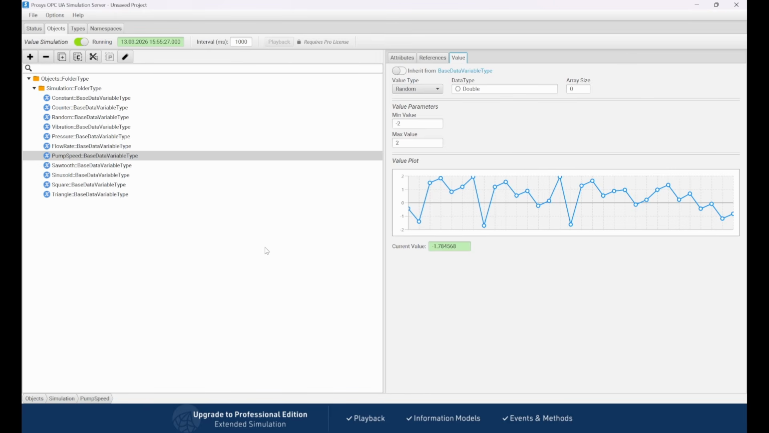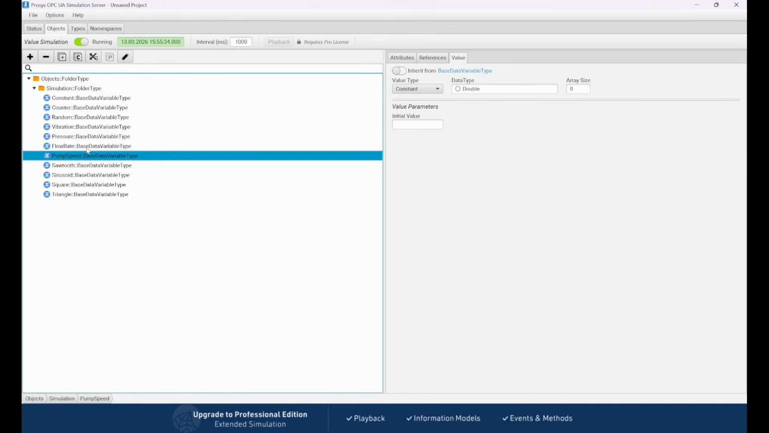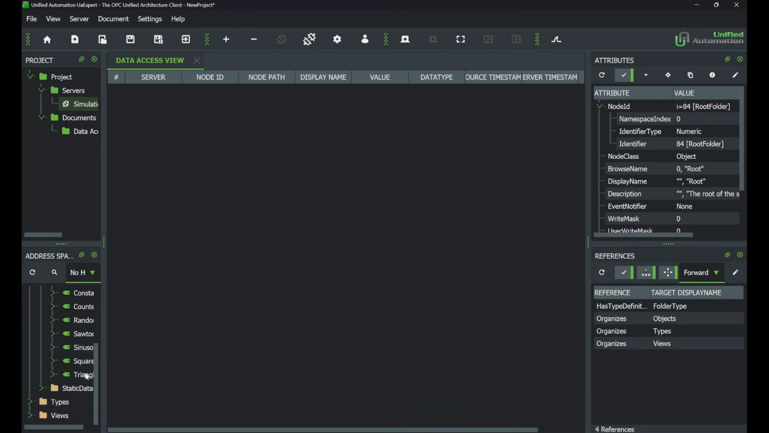And only for the pump speed I'll try to keep it constant, and the remaining have all been defined and created, and the initial value I can keep as 0. Now we can see this is completely running, and we can go to UA Expert and we can click on